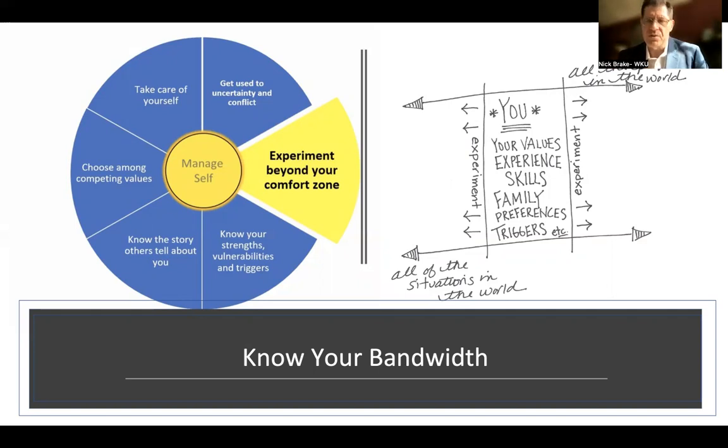There were certain circumstances where people were inappropriate or maybe said things that they regret saying. Having the bandwidth to go confront those people is sometimes an effective way to make sure that people don't continue to do that in circumstances where it's not warranted. So it's a fine line, but it's important to understand those situations and those people where you need to push your bandwidth and grow as a leader.